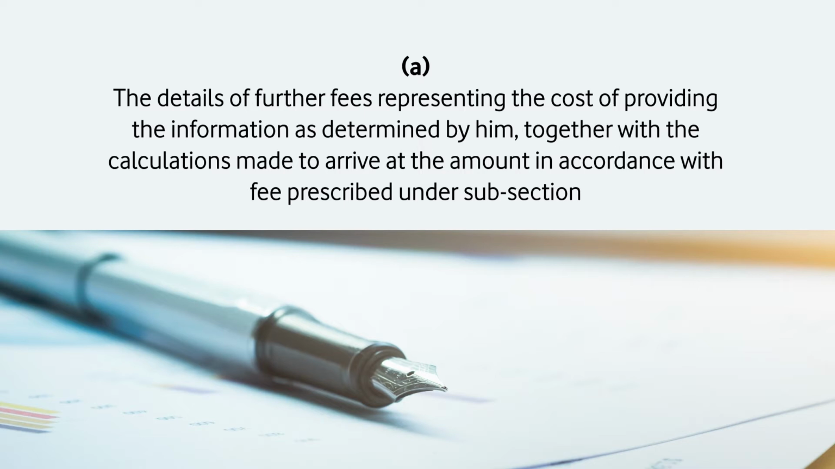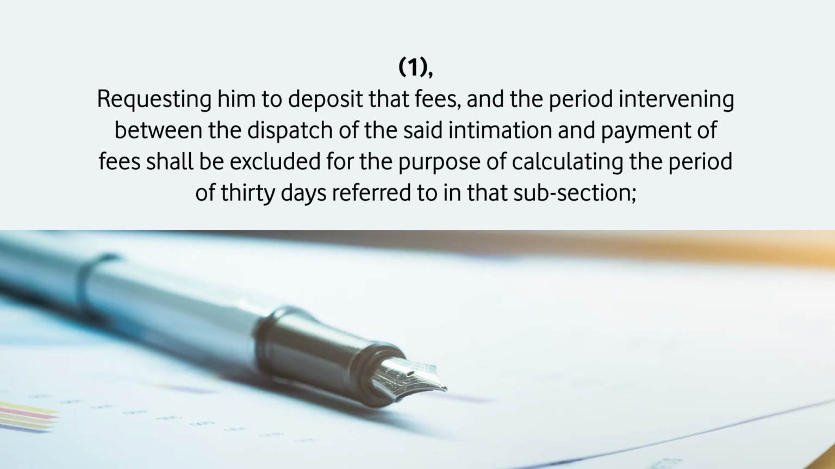as determined by him, together with the calculations made to arrive at the amount in accordance with the fee prescribed under subsection 1, requesting him to deposit that fee. The period intervening between the dispatch of the said intimation and payment of fees shall be excluded for the purpose of calculating the period of 30 days referred to in that subsection. When there is a question of bona fide intention on the part of the PIO, it is very important